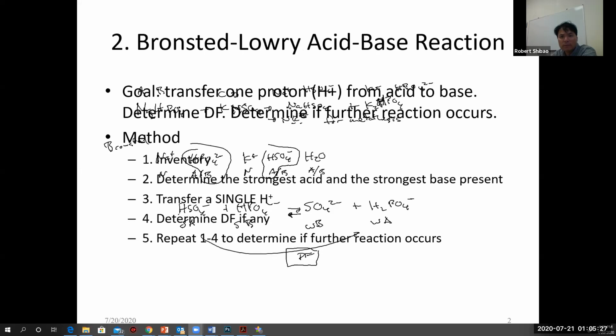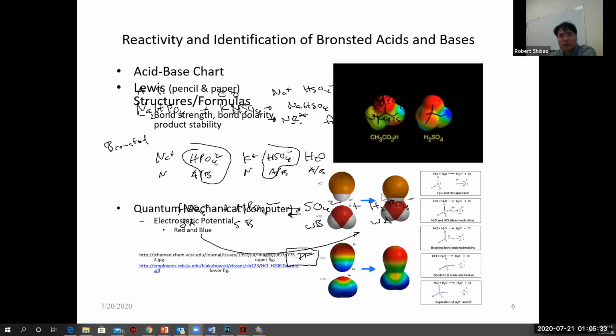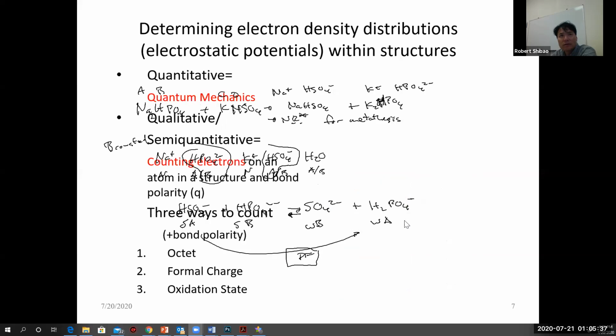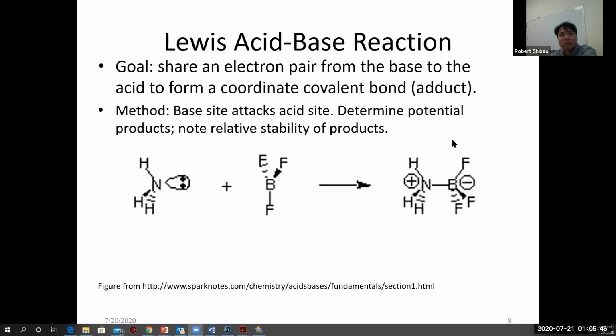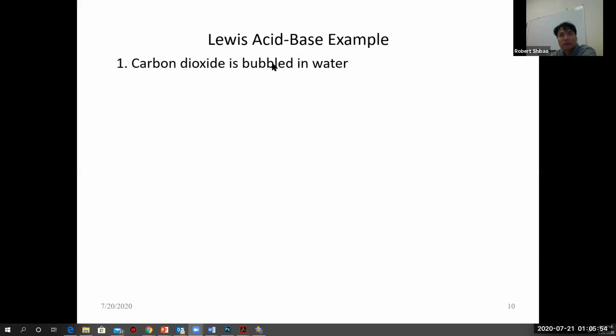This last part's Chem 1A, and we haven't gotten to Lewis structures yet, or structure in general, and so we can't do this last part of this PowerPoint because we don't have all the tools necessary. Lewis acid base, we can't do those because it relies on Lewis structures. We haven't talked about Lewis structures yet. And this will be an example of a Lewis acid base reaction here.